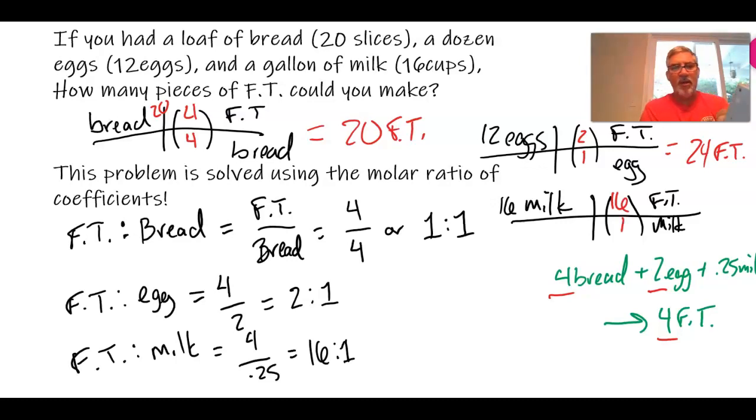I need a calculator for that one. With a gallon of milk, you can make 256 French toast. So if I look at all of this, the maximum amount of French toast I can make,